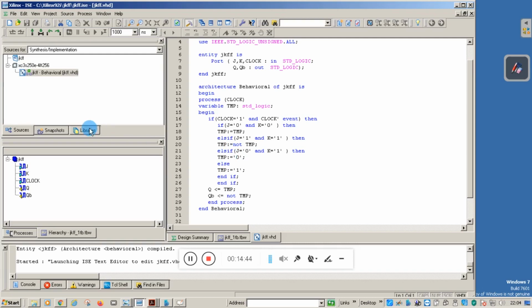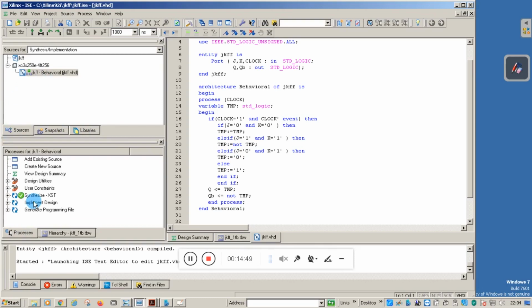You can do that by using the option here, Synthesis XST. Click on that and rerun. When you click on this, it will check for semantic errors. If any error is there, you will get a red tick mark, otherwise you will get a green tick mark. If you get a green tick mark, that means our code is ready to generate the hardware. Once this is over, we will proceed to give the input to our hardware.